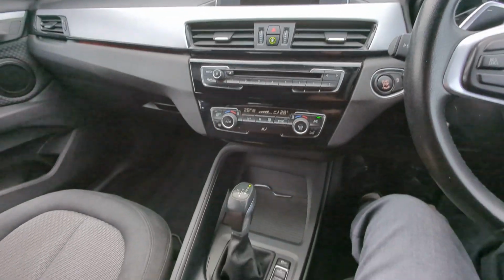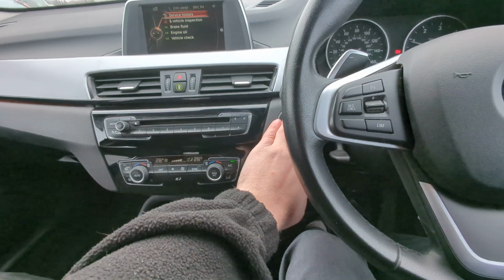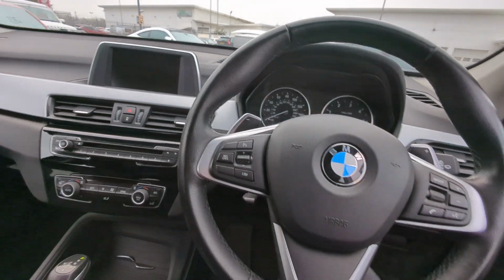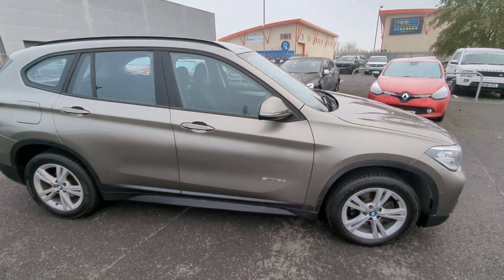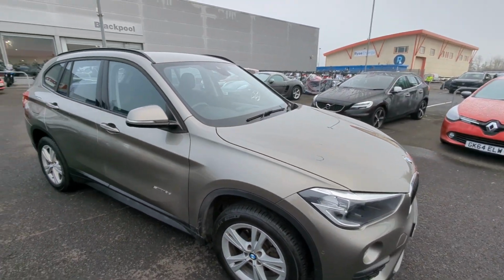So guys, if you have any questions about the vehicle, please don't hesitate to give us a call. If you'd like to know more about financing the vehicle or reserving the vehicle, you can do this by giving us a call or by reserving online for just £100. If you want to take the car for a test drive, we do have the keys here, and we can